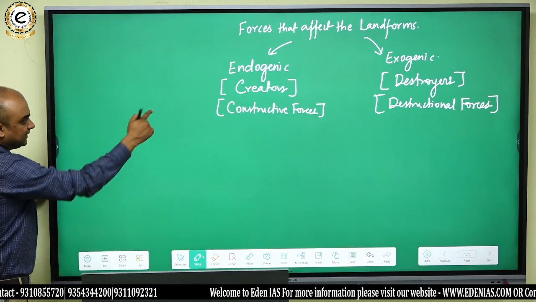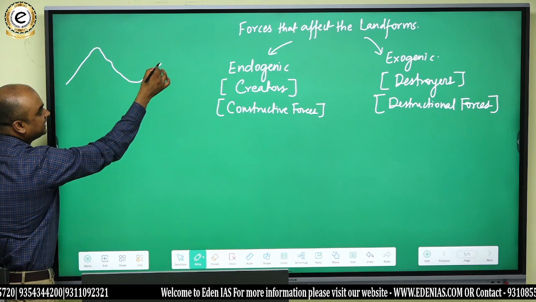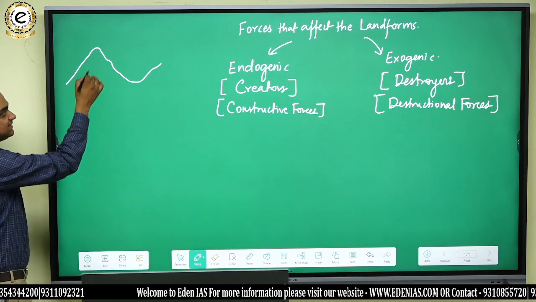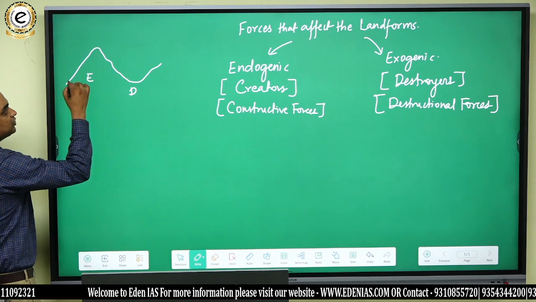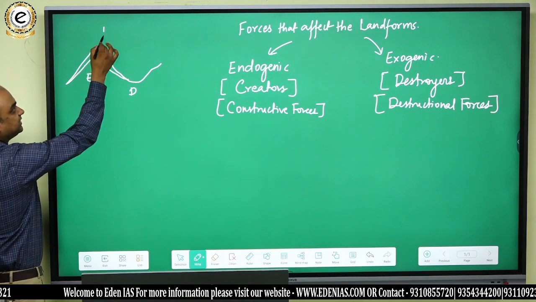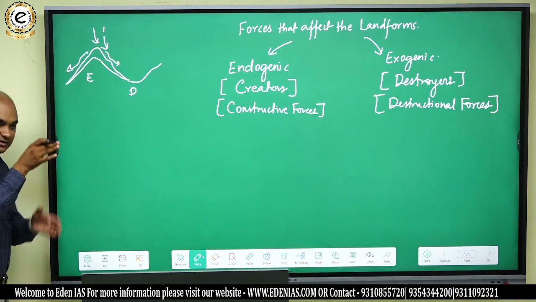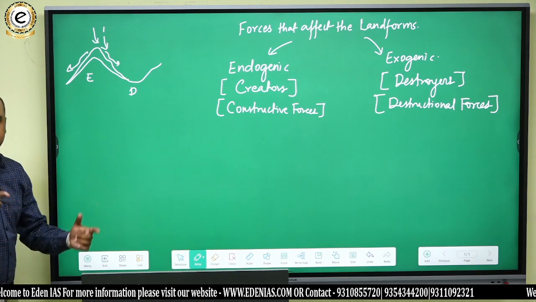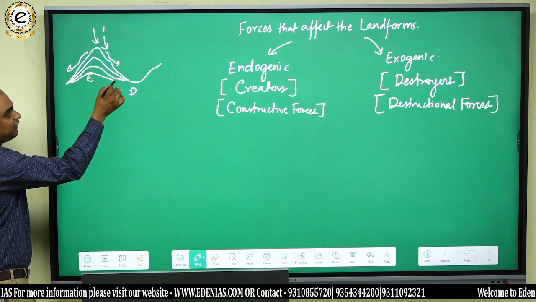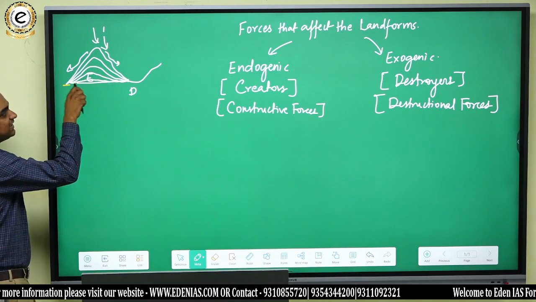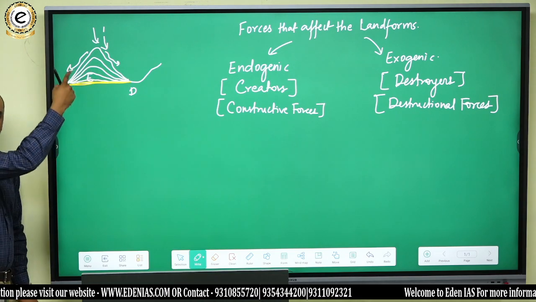Now, you look here. Any landform could be either an elevated landform or a depressed landform. It could be anything. Like this is what? This is an elevated landform, whereas this one is a depressed landform. If I need to destroy this, like suppose there is rainfall over it and there are small streams that now slip across all the slopes with the passage of time, don't you think they would erode this landform? And as a consequence of that, this landform would be completely eroded one day, and this is that state where it is completely eroded. Do you get it? So is that not a destruction of the landform?